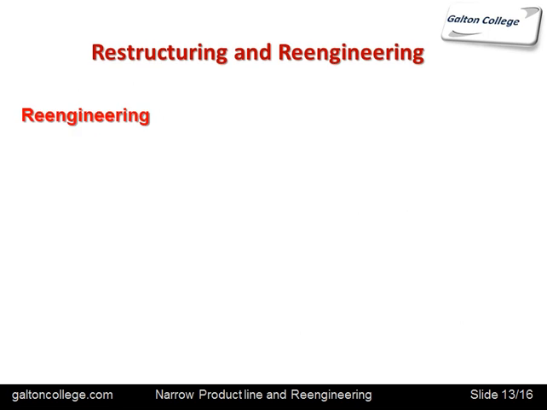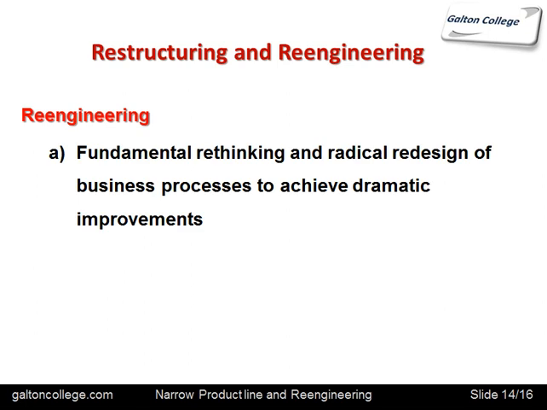Now we've looked at restructuring. Let's look at re-engineering. This is a fairly big topic and we're not going to do it anything like justice here. We're just going to introduce the concepts and move on. It's a fundamental rethinking and radical redesign of business processes to achieve dramatic improvements. So re-engineering is looking critically at what has been done to see if it can be improved, to see if it can be changed. So it's perhaps looking at the final product and then working backwards from the final product